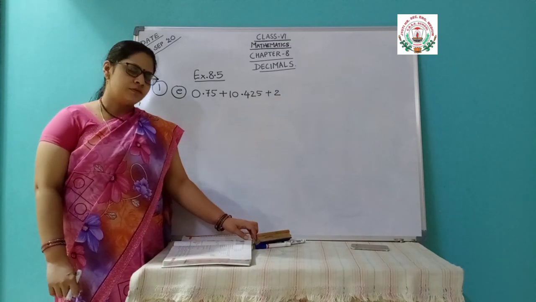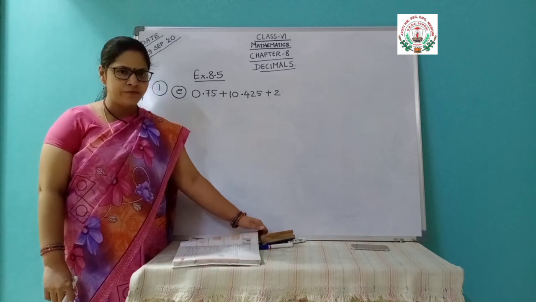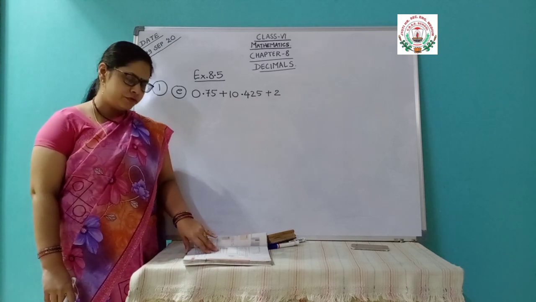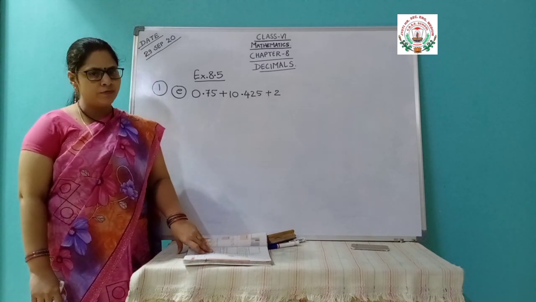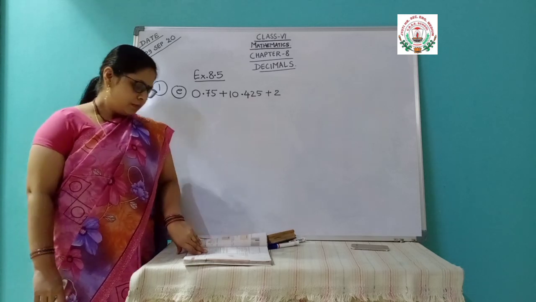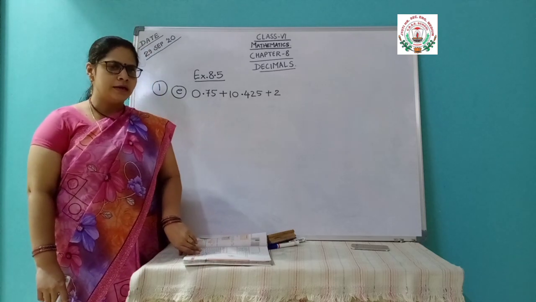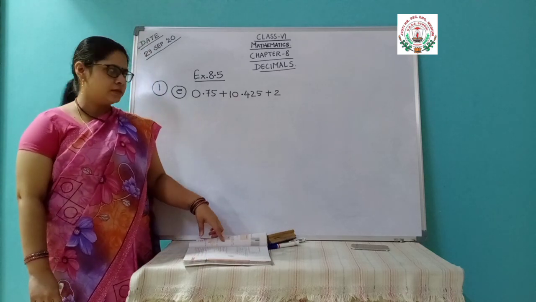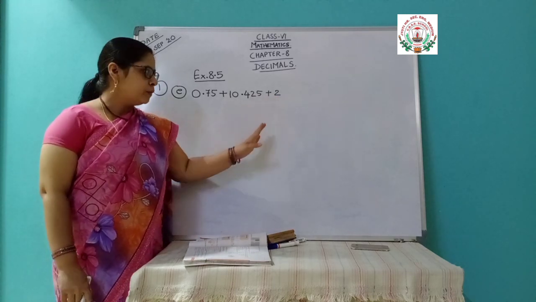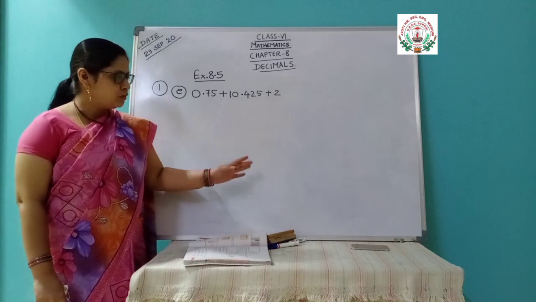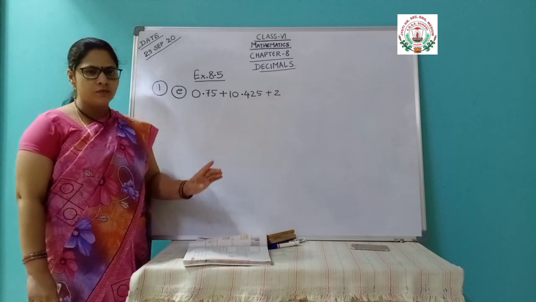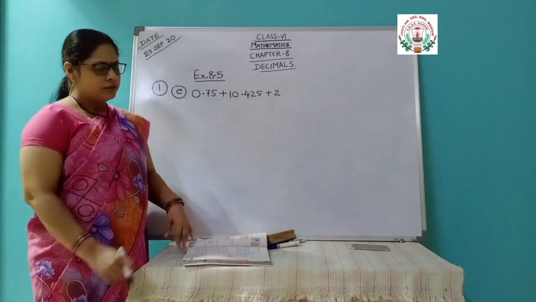In our last class, we have already started exercise 8.5 in which it was given to find out the sum. Sum is addition that everyone knows, and some of the parts we have already solved. Lastly, I asked this question to practice by your own. But I thought that it may be a little difficult to understand this because it is given only 2. Here no decimal is given, and moreover this can be used for the statement questions given further also. So I am again explaining this one part and then further we will start our statement questions.